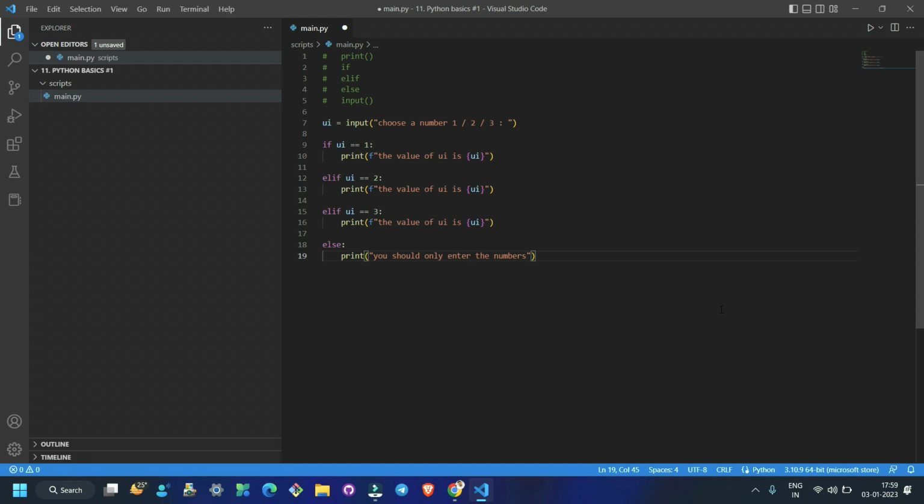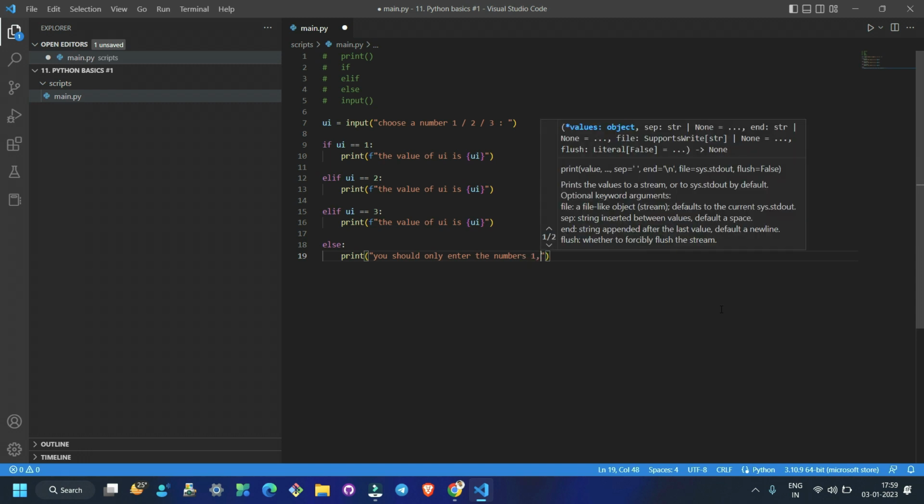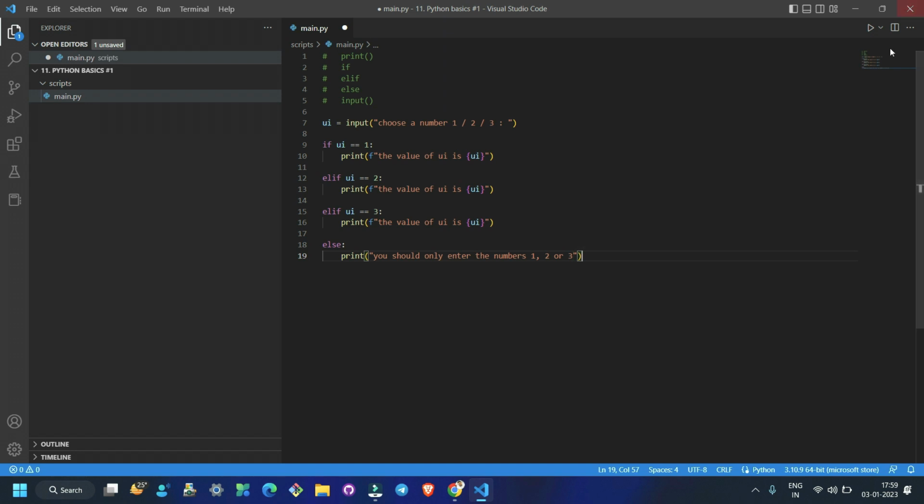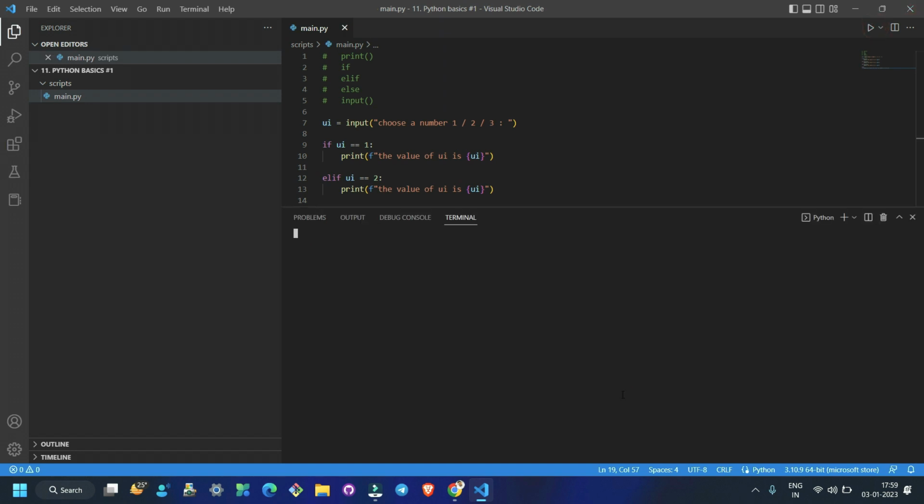So let's type in, you should only enter the numbers 1, 2, or 3. So now if I run the program, I give it